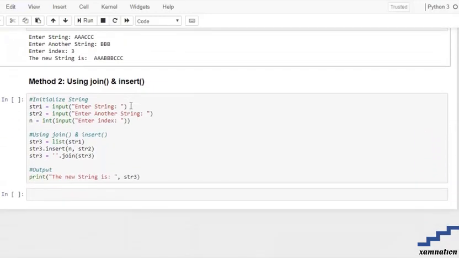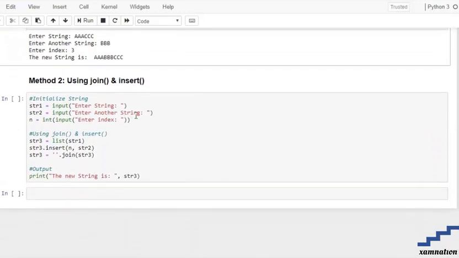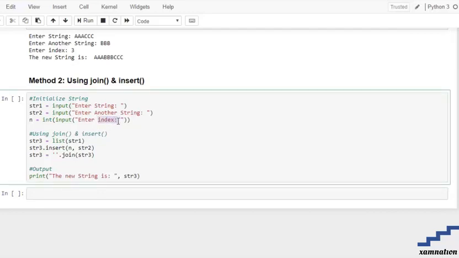Now moving towards method number 2, that is by using a join and an insert method. So first we are again going to initialize our strings, and we have an input from the user, and we have an index from the user, that on which location does he need it. After that we are converting our string number 1 into the list, and we are storing them into the string number 3. And after conversion of them, we are going to insert the string number 2 at that specific location